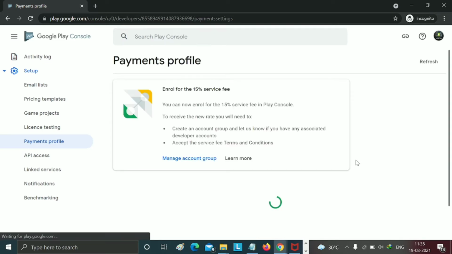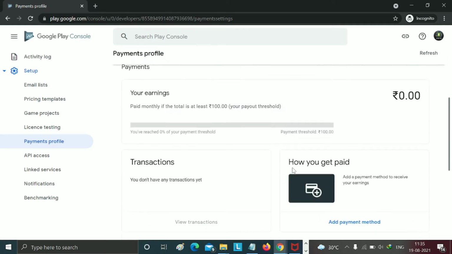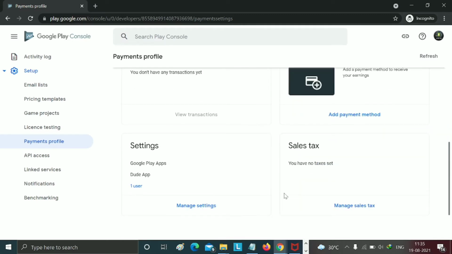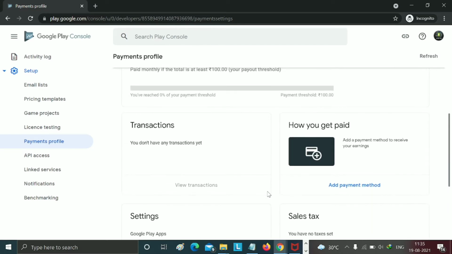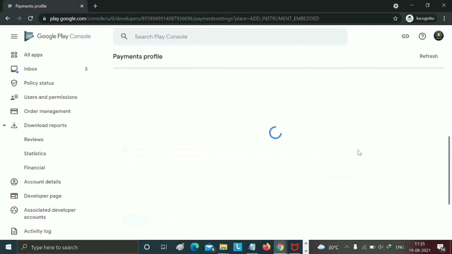You can check this setting billing method. You can see it like this. Okay, now the next step is to add a payment method. We need to add our payment method. Just add your payment account. Just click on add payment method.